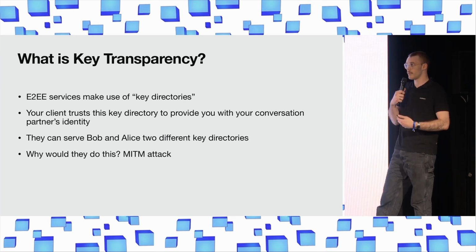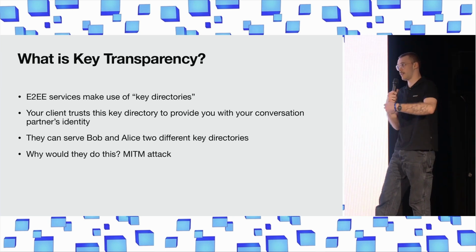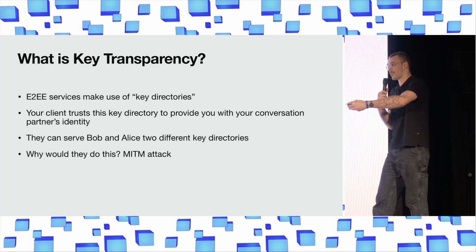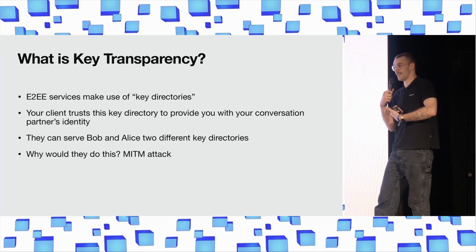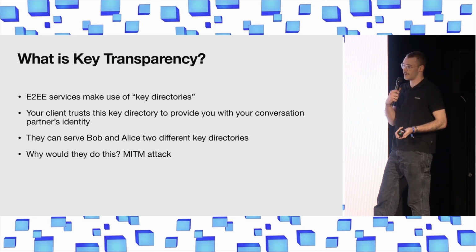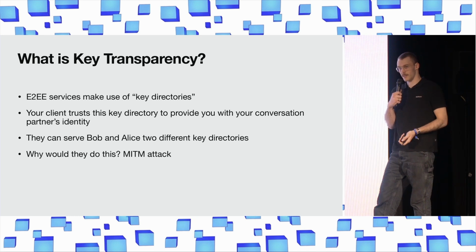So they provide you a Merkle proof that you are talking to my key, but they could also just give me an entirely different tree, and I verify this Merkle proof, and it doesn't mean anything. So why would they do this? They can do a machine in the middle attack. This is what the UK government proposed in 2018 with Ghost, and it's pretty malicious.